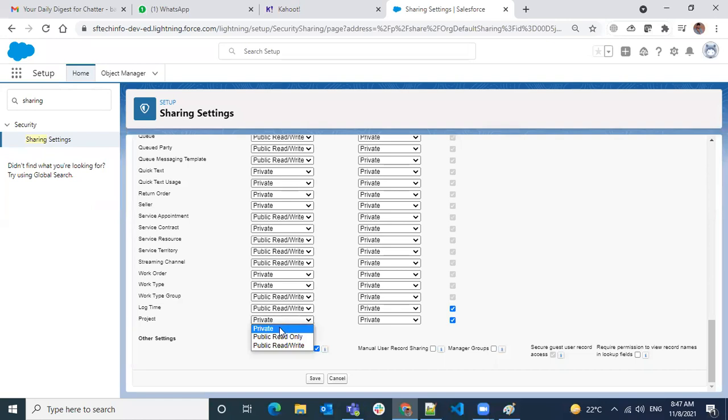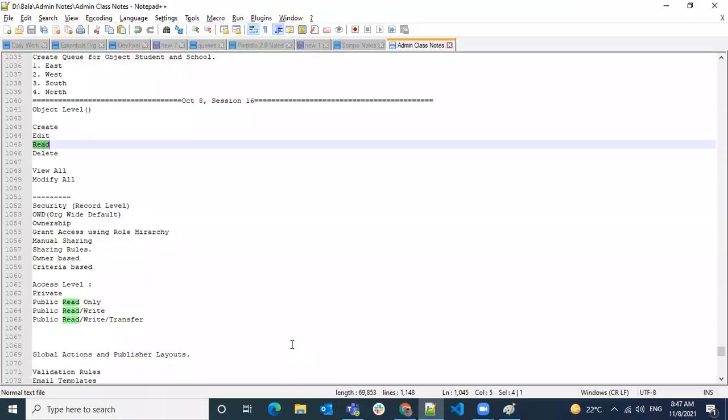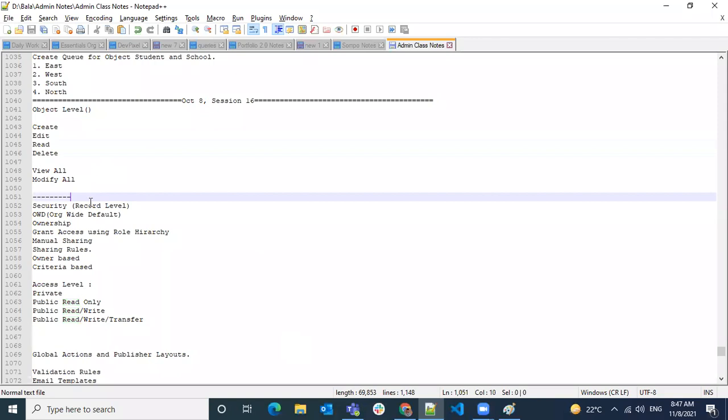When it's private, that means you locked everything in your house. If you give a key, then only you're going to give access. When you say public read only, that means you have everything as glass, so all the public can see what is in your house. When you say read write, you are not locking any of your doors and everything is open. Okay, so is this clear? Now let's move on one by one.